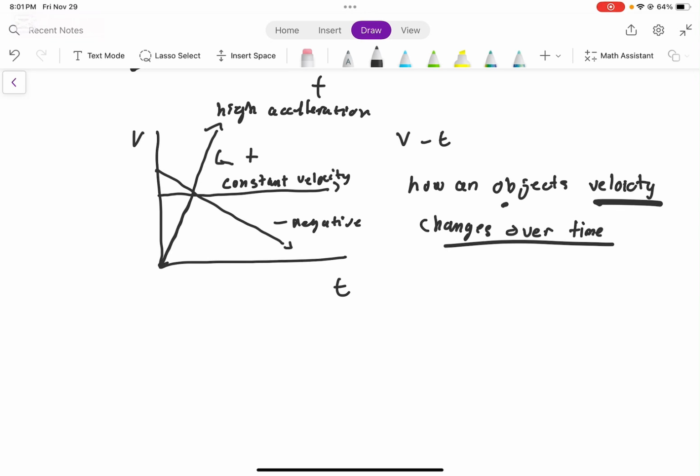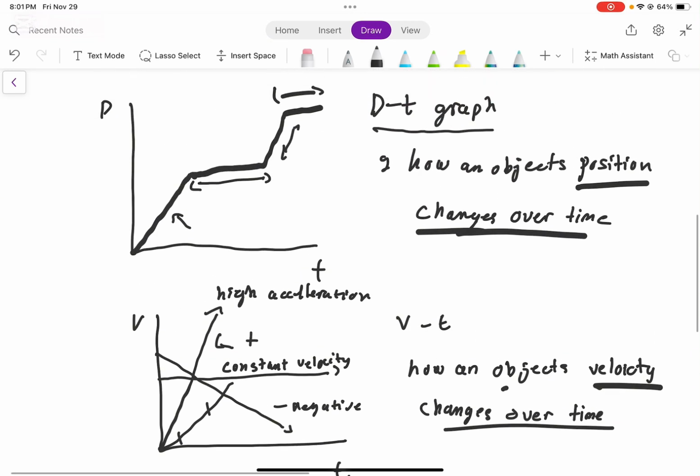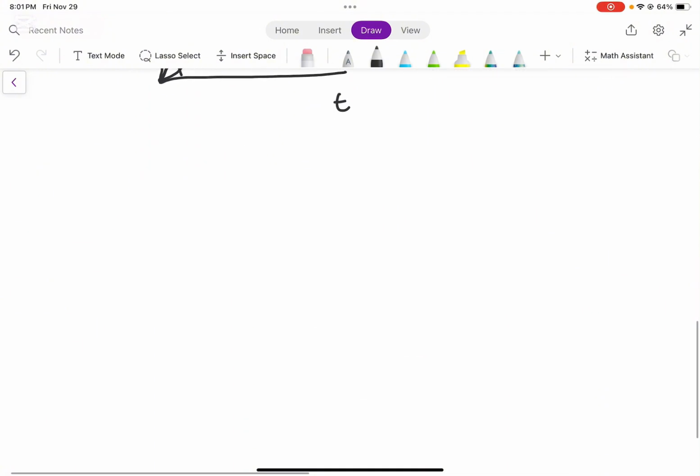And let's say if we had a curve like this, anything under this curve can represent the displacement of the person. But also if we take the slope of a VT graph, we can actually find the acceleration. And with a DT graph, if we do take the slope of it, we can find the velocity. So some key differences we can look at between a DT